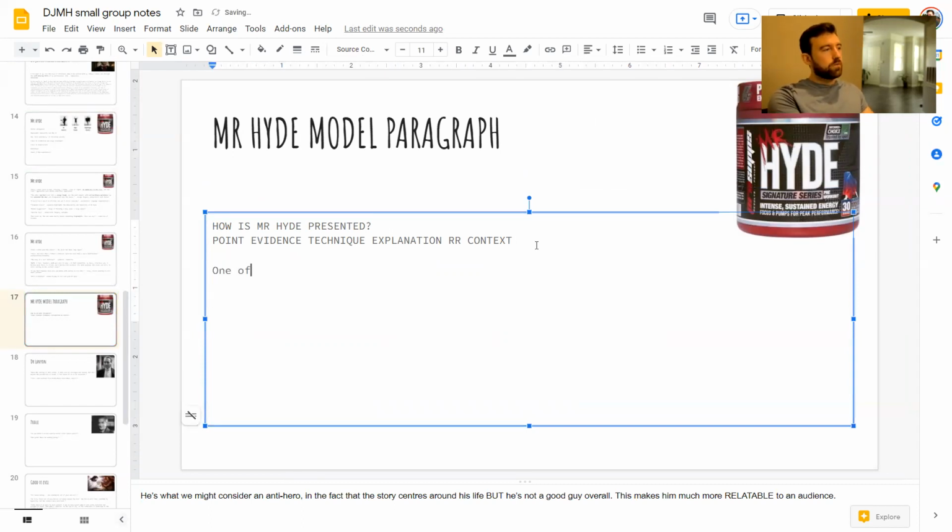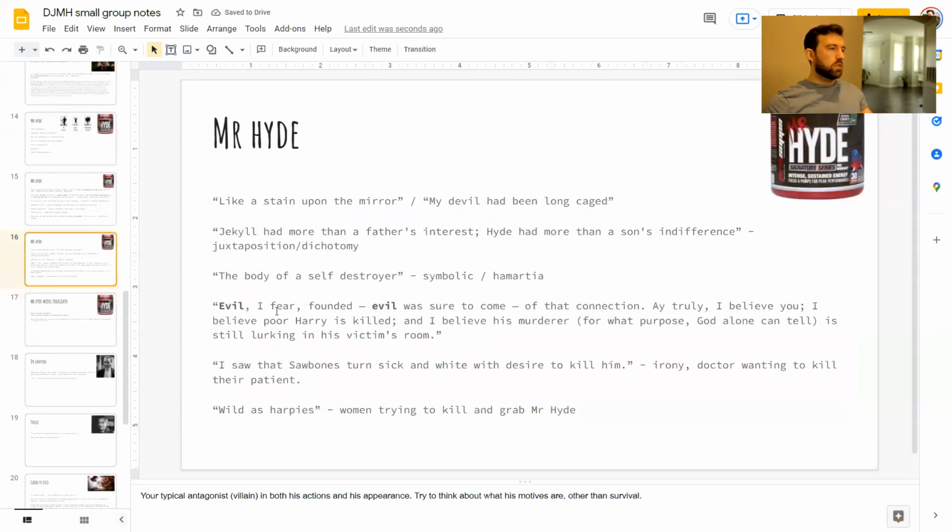One of the ways that Stevenson presents Mr. Hyde in the novella, I have a feeling there's going to be more typos than normal today, so I apologize. One of the ways that Stevenson presents Mr. Hyde in the novella is as a deeply immoral character. So you always want to start with a clear point of what you're going to talk about. You see this in the quote. Which quote shall we do today, boys and girls? I'm thinking that we will do